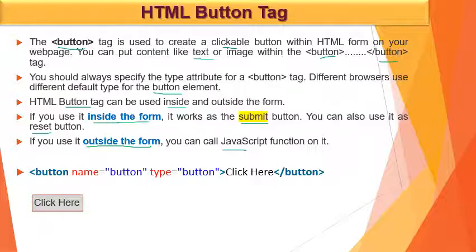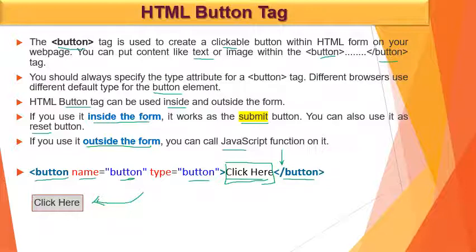So button is equal to name button. This is the attribute name, that is the name of this attribute is button. This is the button tag, and type is equal to button, and this is the caption of our button. This will be ended with the end button. The end button is specified with the slash. Now the output of this will be displayed like this, that is the "Click here", which is specified here in the button tag,